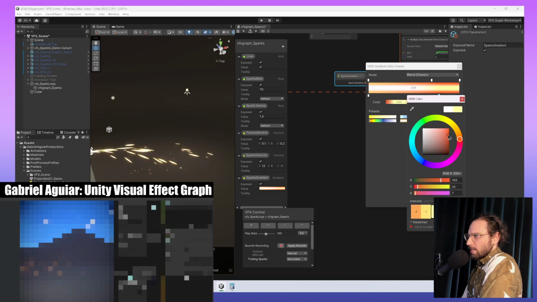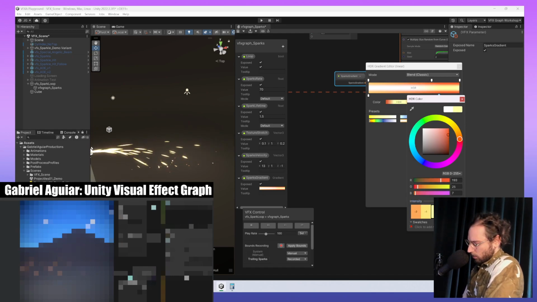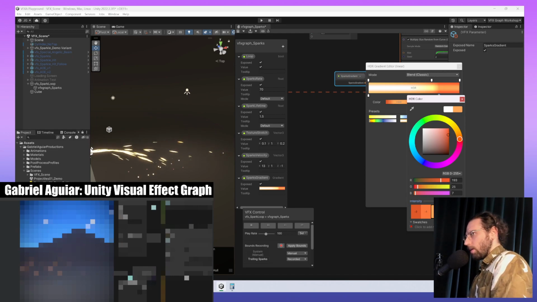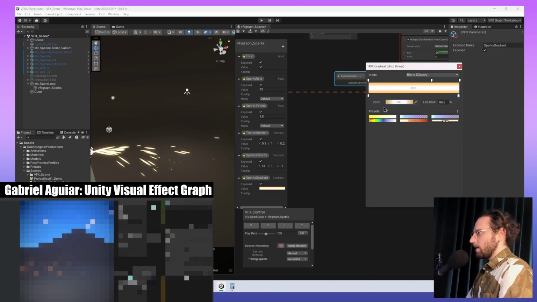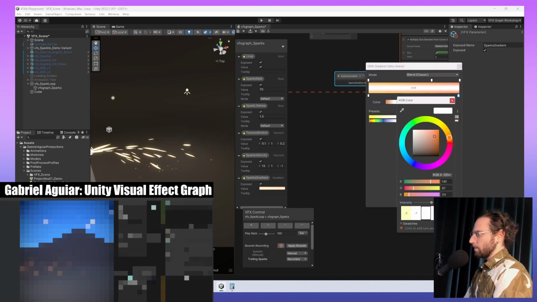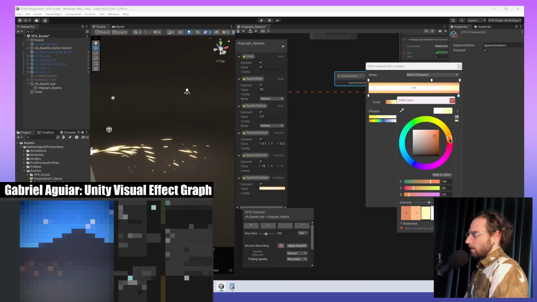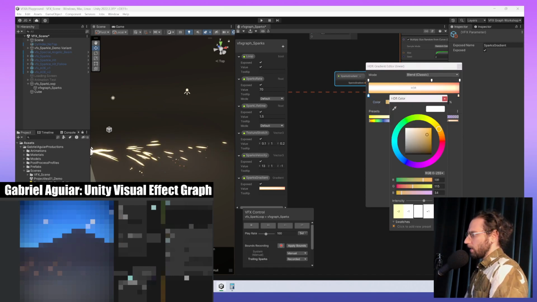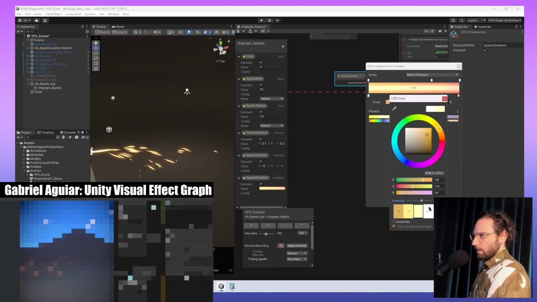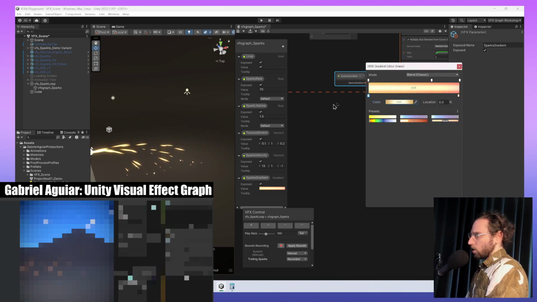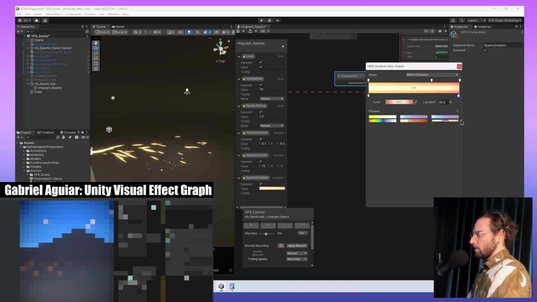it just stays in that intensity, which we will reduce now to 2. And it will keep that color until the end. It's not working. Wait. Again, 2 intensity, and it will go more into the red. Here, I feel like we need 3 of intensity because it's way too white. Yeah, we're getting something, 2.5, and it should go from the yellow to the orange to the red, and then